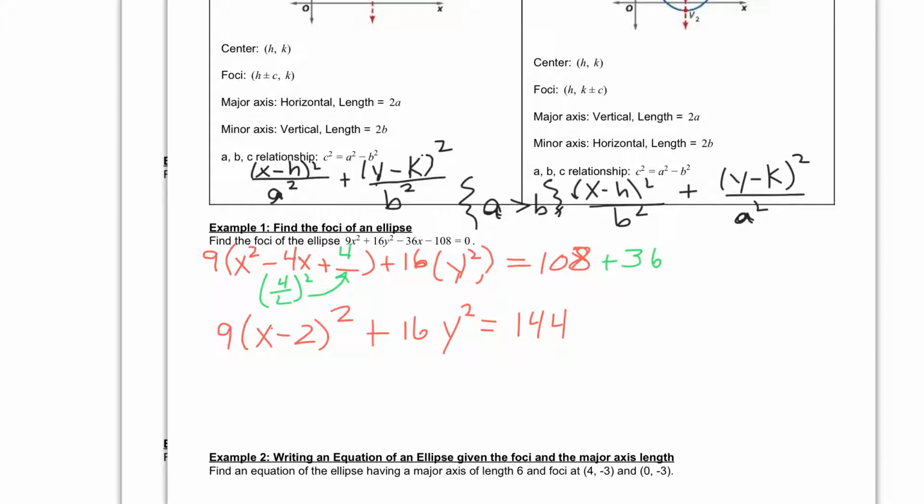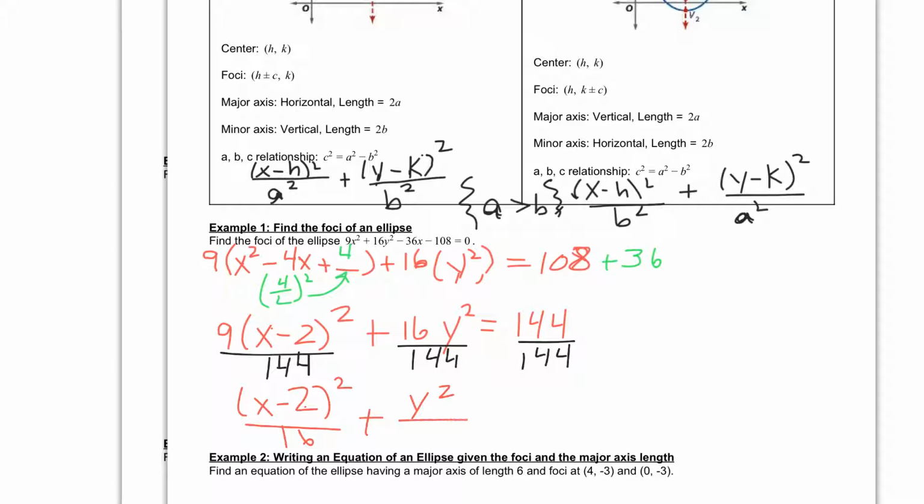Because I need my ellipse to be set equal to 1, I'm going to divide everything by 144. And simplifying that, I end up with x minus 2 squared over 16 plus y squared over 9